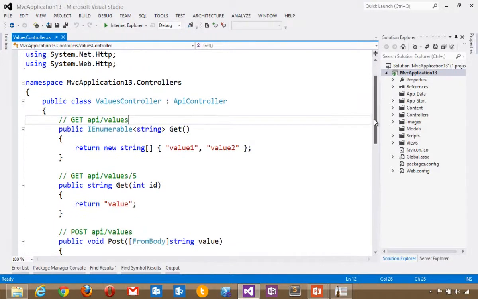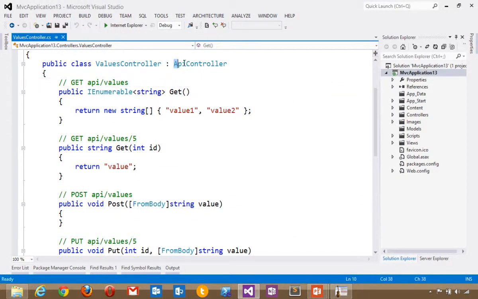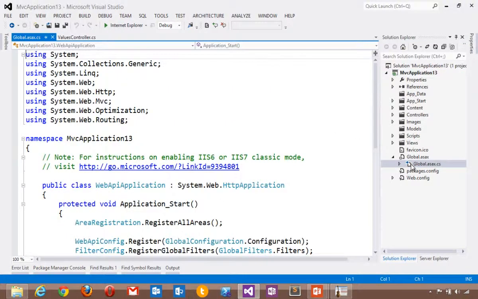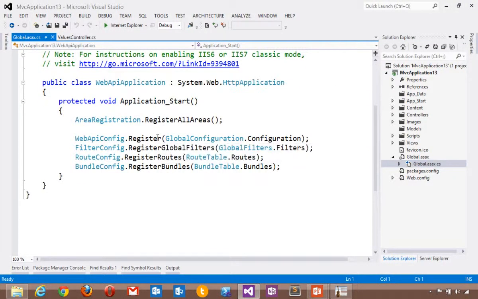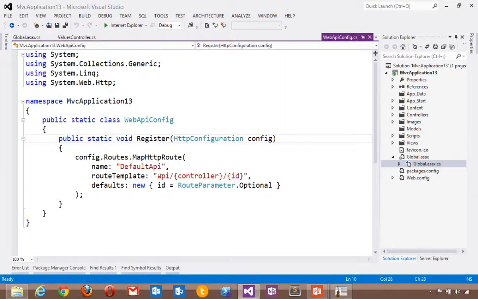A Web API controller derives from API controller. ASP.NET Web API makes some interesting decisions around convention versus configuration. In this example here, we've got one called values. It has a function called get. By virtue of the name of that function, this method will be called when I issue a get. The routing table for Web API by default puts them at API/controller name. So this controller will be at